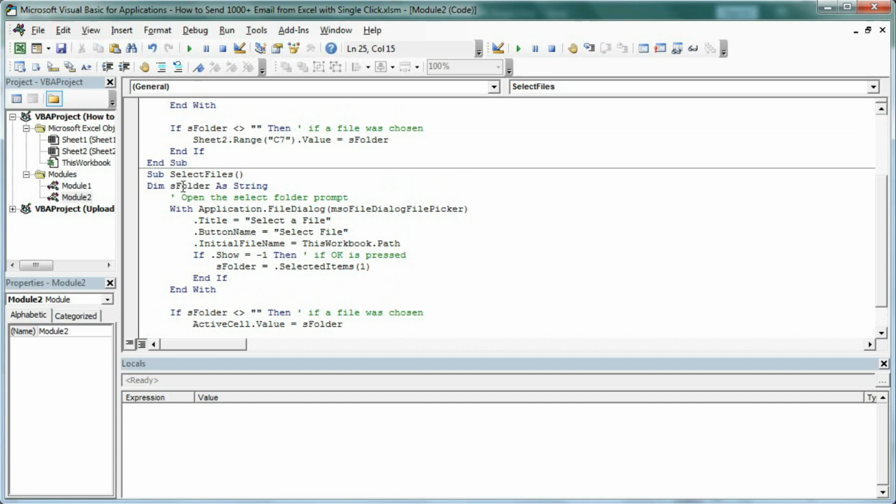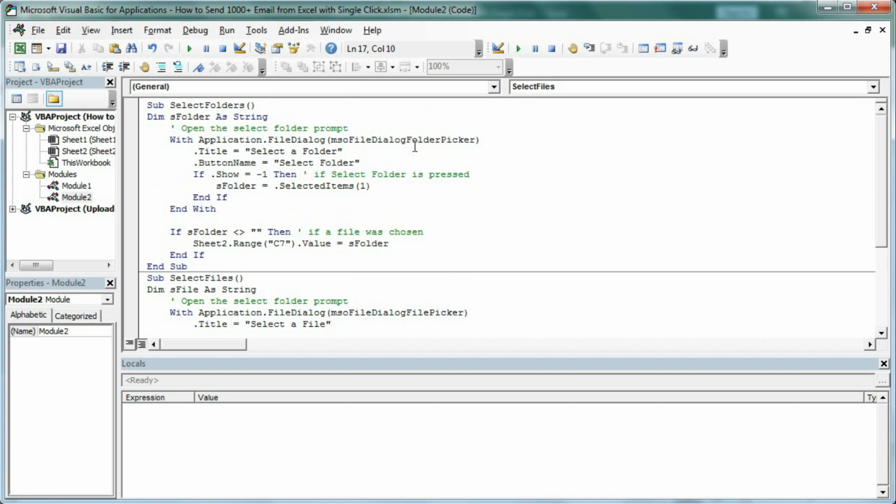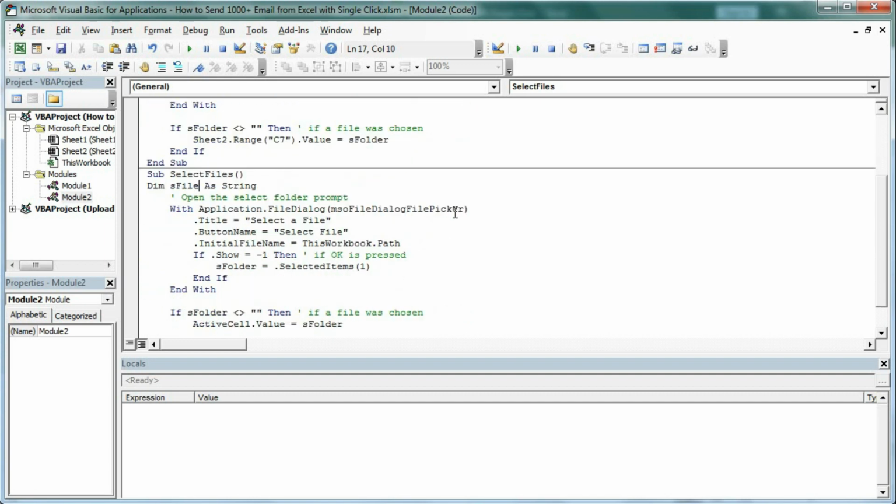Dim sFile, here it should be sFile As String, and with Application.FileDialog msoFileDialogFilePicker. Here it is FileDialog folder picker, here it is file picker. .Title equal to Select File, .ButtonName equal to Select File, InitialFileName, that is the default folder, ThisWorkbook.Path. So the default folder of that dialog box will be this workbook's folder.